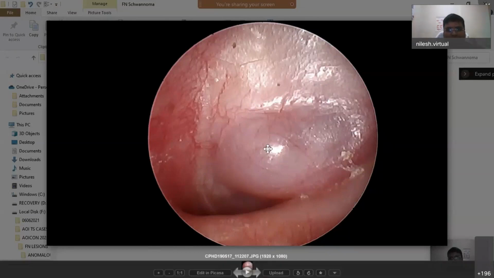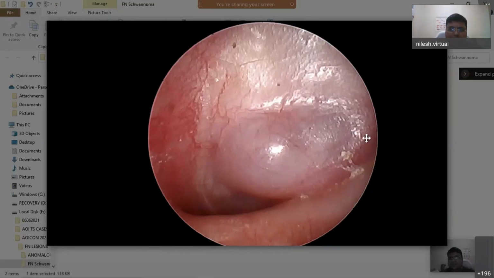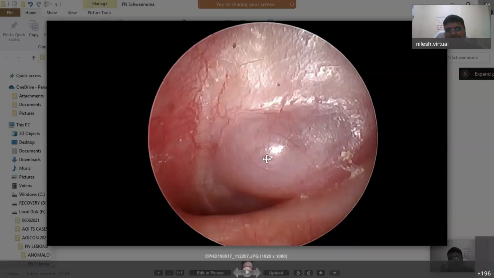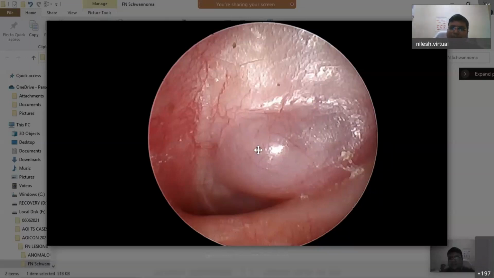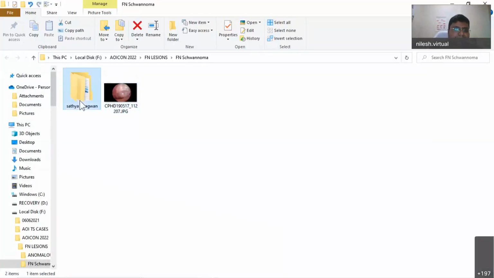So in appearance it looks like some tumor only. If it had been too much white, then we would have suspected congenital cholesteatoma also. But looking at the appearance, the pinkish smooth globular mass, it has to be some tumor related to the facial nerve, because the patient has presented with facial nerve palsy. So when you get the scan done in this case,